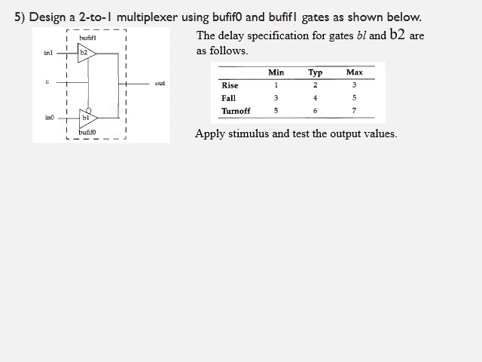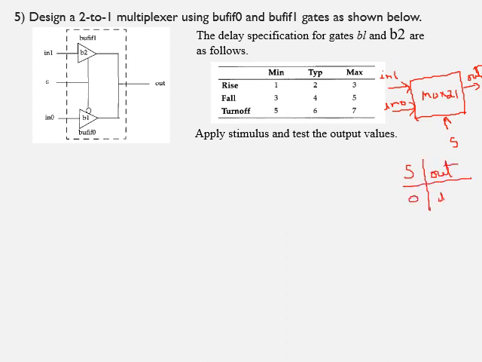So I'll just draw the block diagram of the 2:1 multiplexer. I will take mux21 as the module name, two inputs, in1 and in0, and one output, and one select line. As per this truth table, S and out: when S is 0, out is equal to in0, and when S is 1, out is equal to